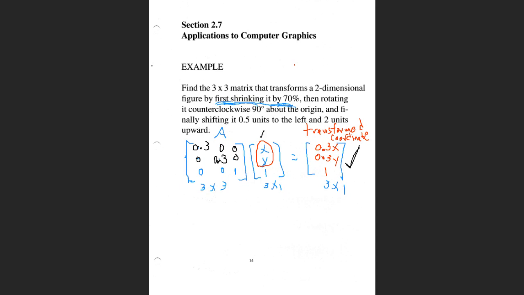Okay, so that's one way to think about how to get the 3x3 matrix. Another way, of course, is to say, well, there are different ways to think about it. But remember,